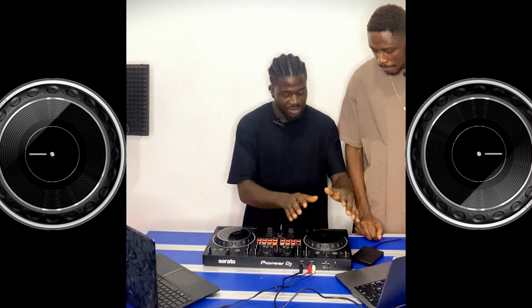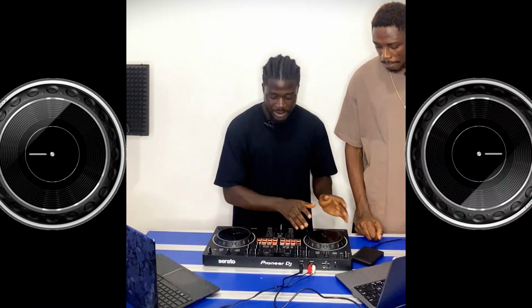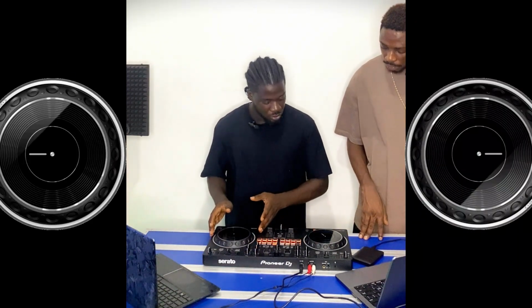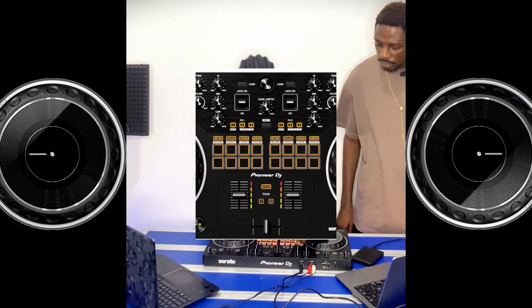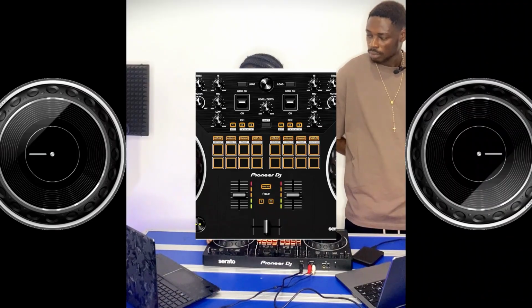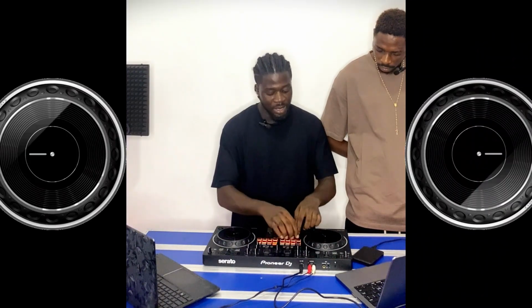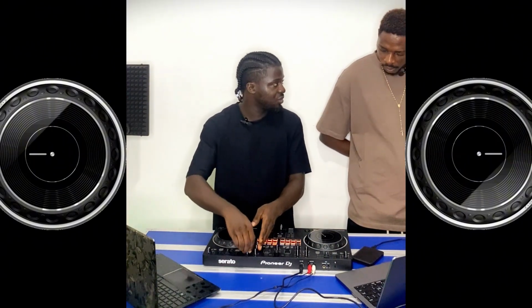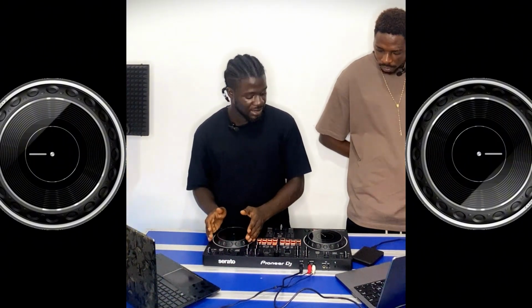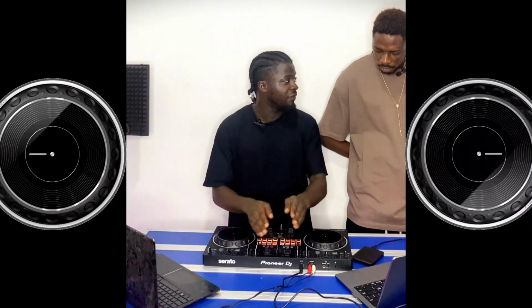We have three major sections of the controller. We have deck one, which means everything here is deck one, and everything here is deck two. But now we have the mixer that controls them both. It controls the high, mid, and low of this and the high, mid, and low of this. But why I'm saying this is deck one is that this high, mid, and low is for just this deck. And this high, mid, and low and trim knob is for just this deck. But the mixer is this, and now you're controlling two different decks. So that's why we have deck one, mixer, and deck two.